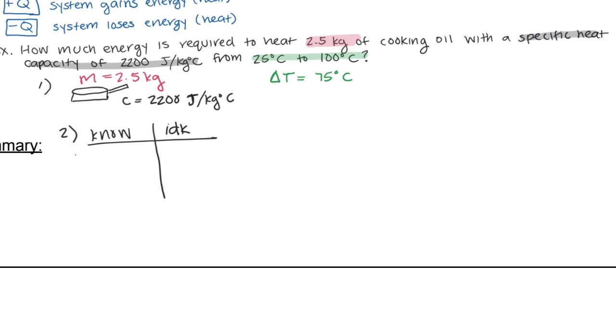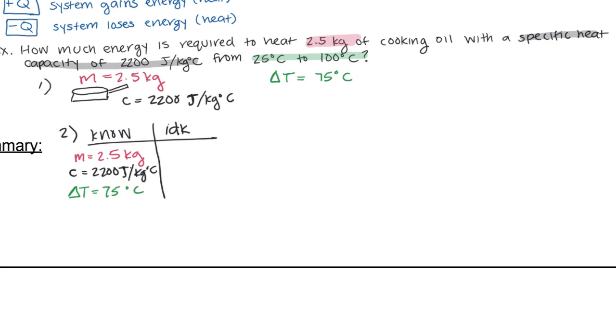We've got M equal to 2.5 kilograms, C equal to 2200 joules per kilogram degree Celsius,